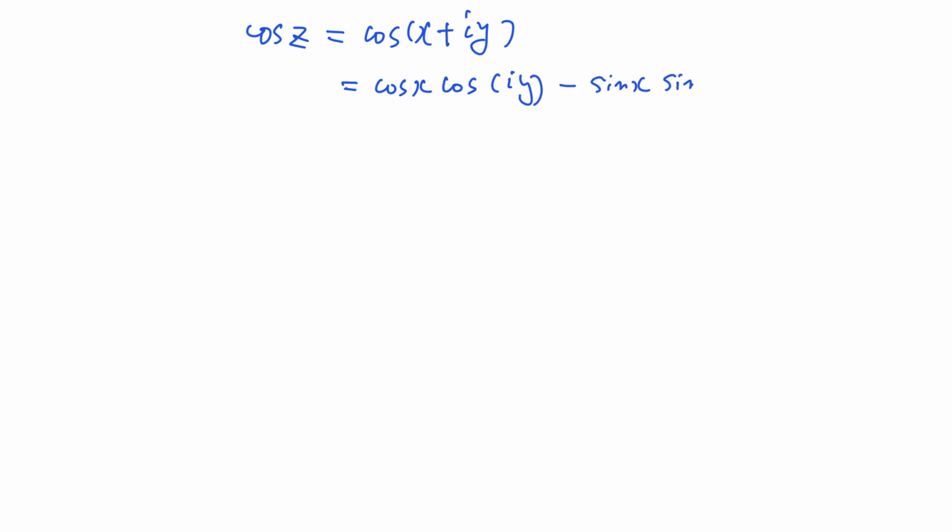So previously we have considered exponential and trigonometric functions in terms of complex numbers. For example, cosine z can be written as cosine of x plus iy. And we have seen that we can apply the addition theorem for the trigonometric functions. Then it becomes cosine x cosine iy minus sine x sine iy, which is cosine x cosine hyperbolic y